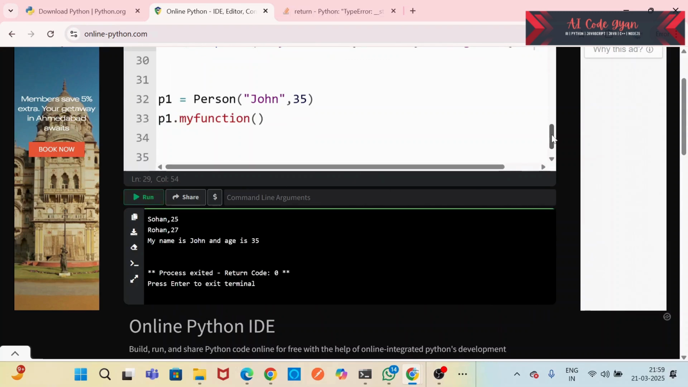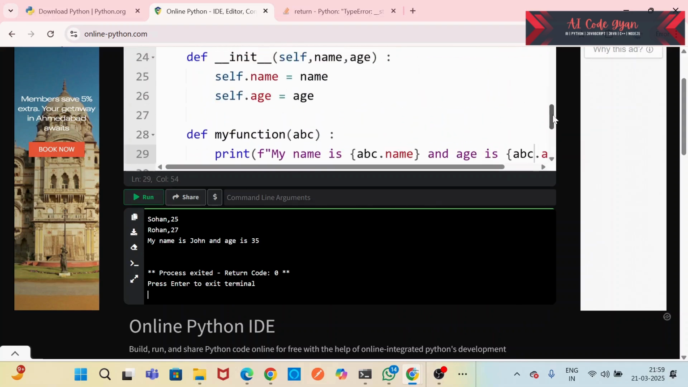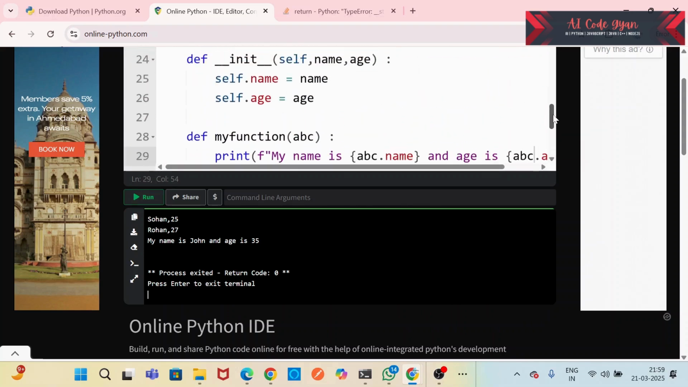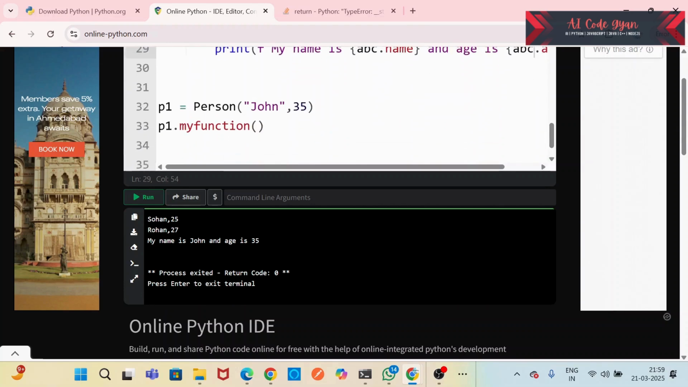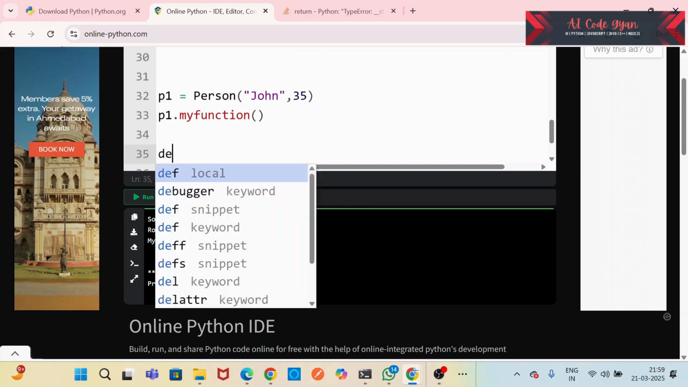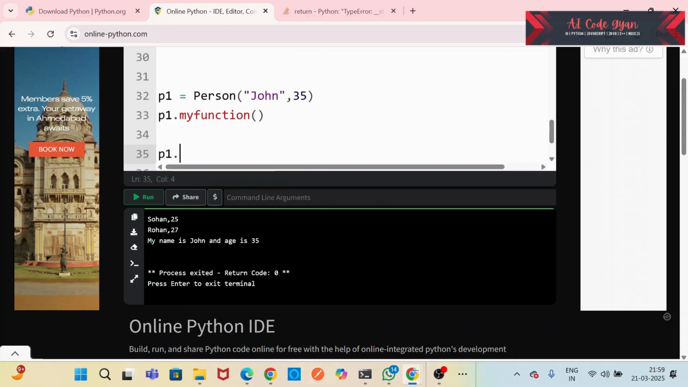Yeah. So basically this will take abc as the object with parameters name and age, and now when we call this method from the instance, then this will print my name is John and age is 35. Now we can use p1 dot age. So suppose if we print p1, what will this print? p1 dot age, this will print